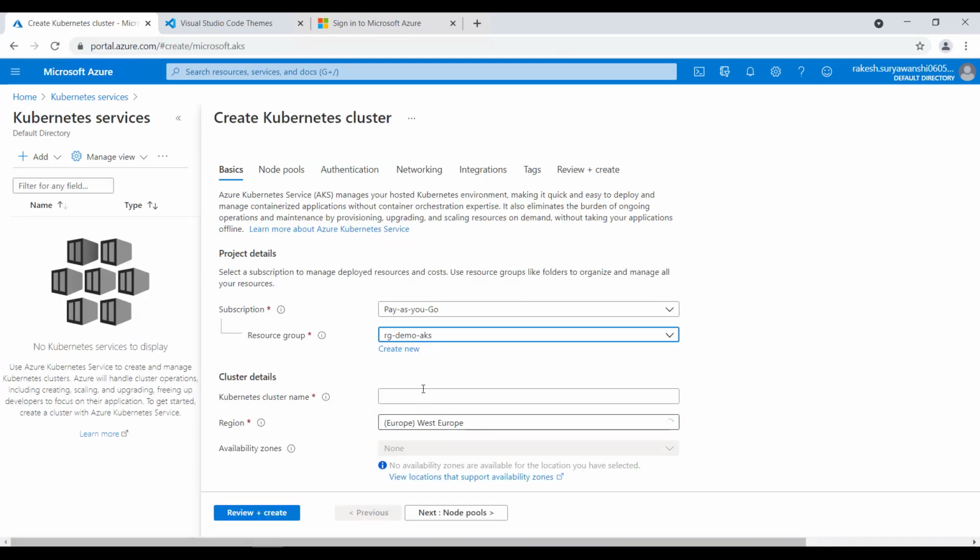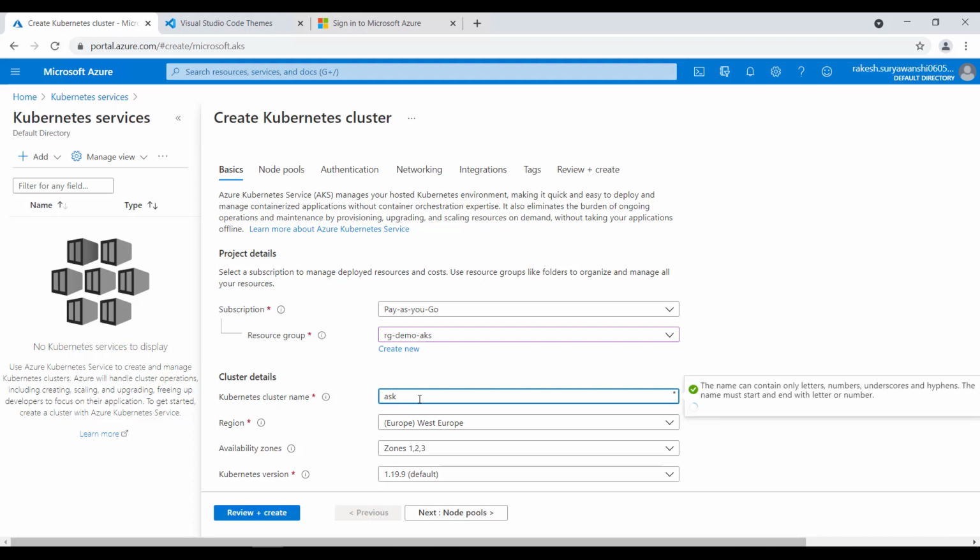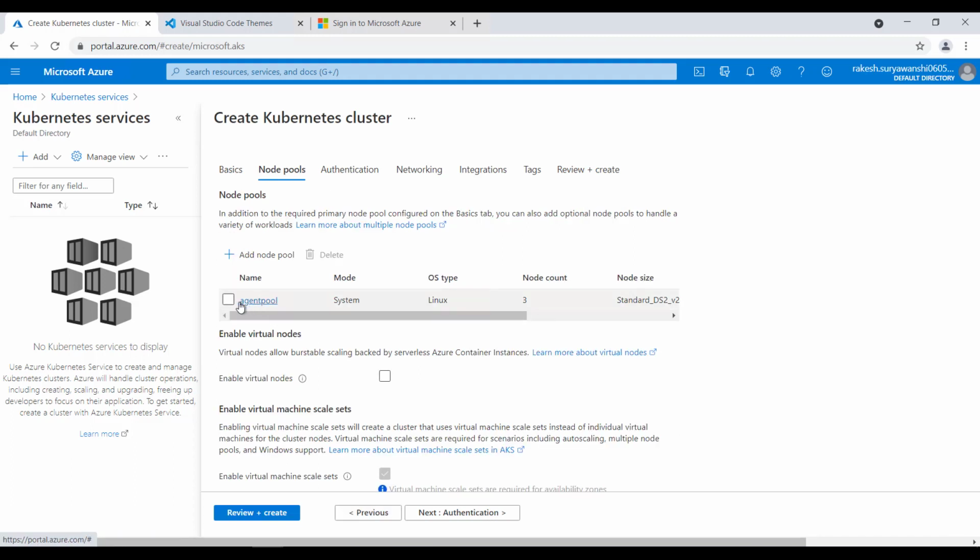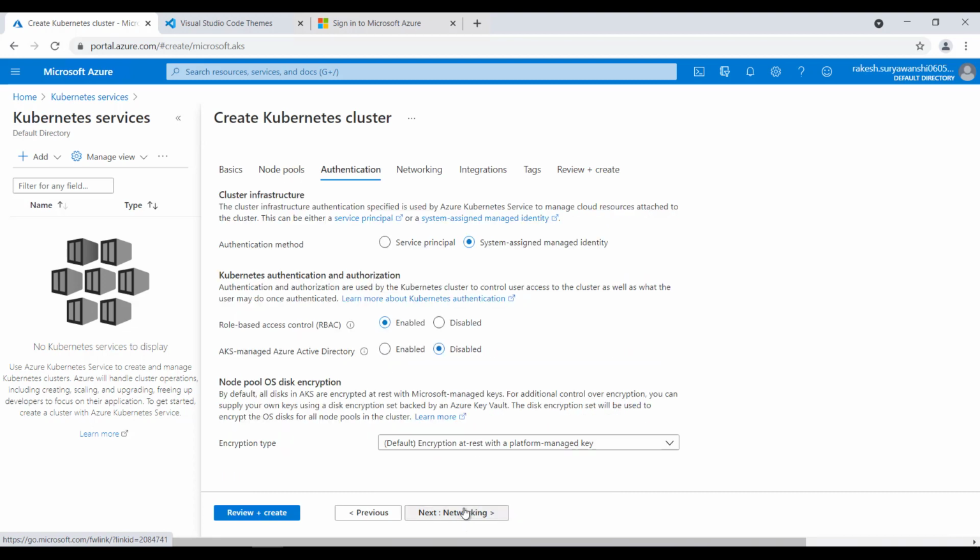I'll quickly create a cluster by providing the details. So this is what it's going to create, a 3-node pool cluster by default. If you want, you can reduce it or upgrade it. That's our choice. I'm going to leave it as is. The details of the procedure to create and understand everything we have already discussed in the previous section. If you want, you can go ahead and watch that particular video.